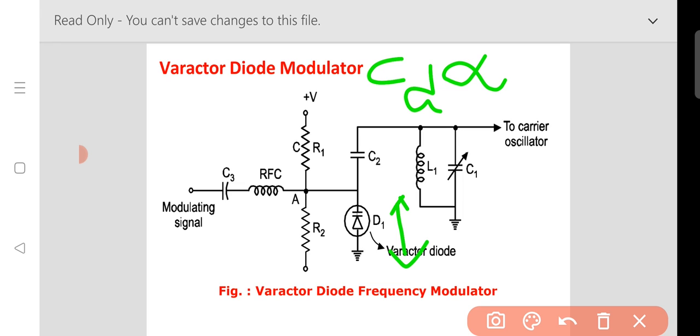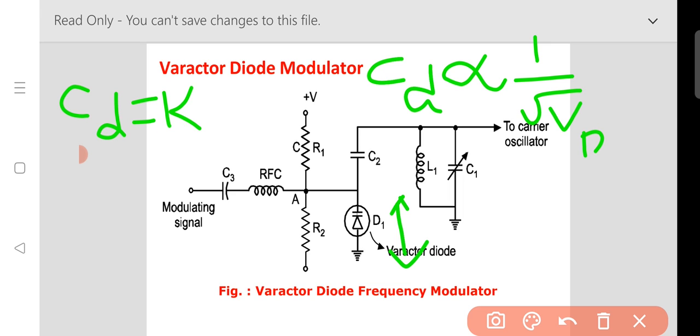This CD is directly proportional to 1 by root of the voltage across the diode. This is the basic relation between capacitance and voltage in the diode. You just remember that. We write it as CD equal to K